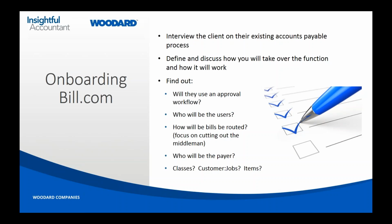And then we also need to find out who the payer is, and then are they also using some of the other dimensions of Bill.com? Do they need classes turned on, customers, items, that kind of thing. So we get some of those details worked out. We just slide that in through our regular client onboarding interview. And then once we have that taken care of,